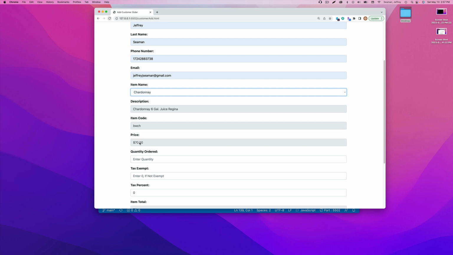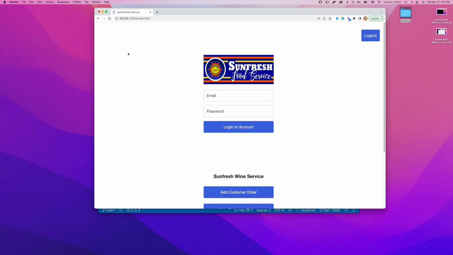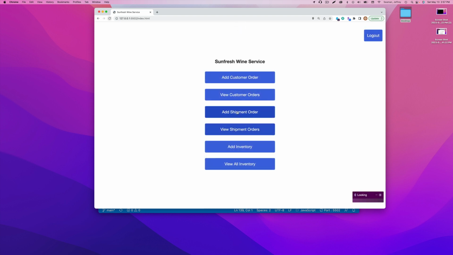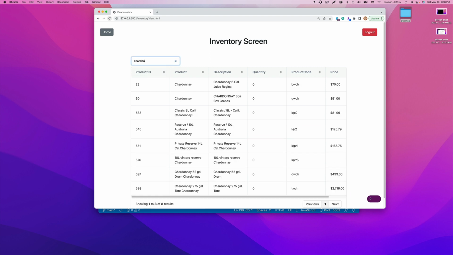So in order for you to modify the price, say last year was 70, and that's probably the value it's going off of, and this year it's 75 bucks, you have to go over to the inventory page. I'll show you right now. You would come over here, go to the inventory page, type in Chardonnay, and find this one right here,